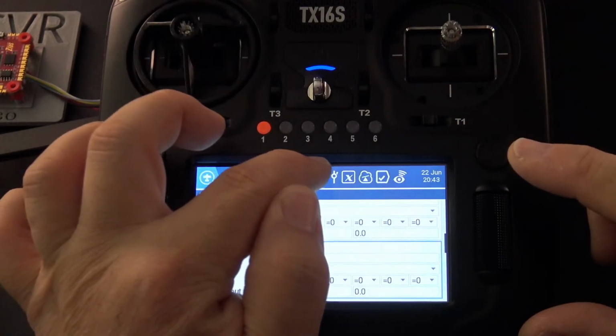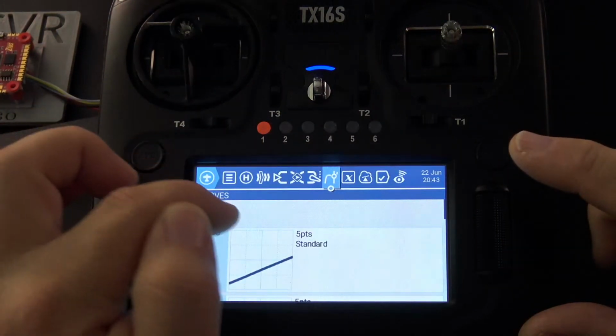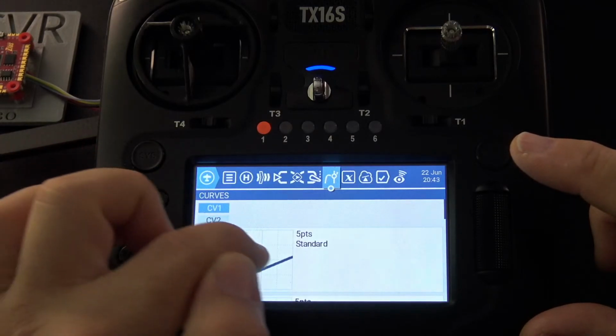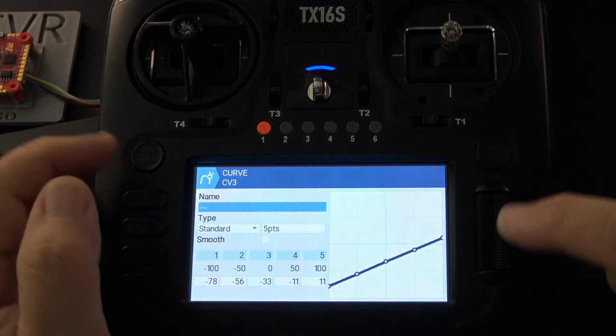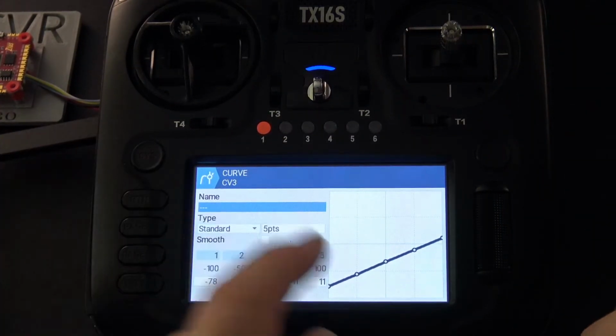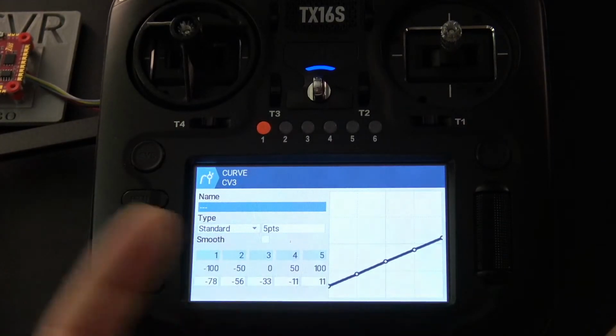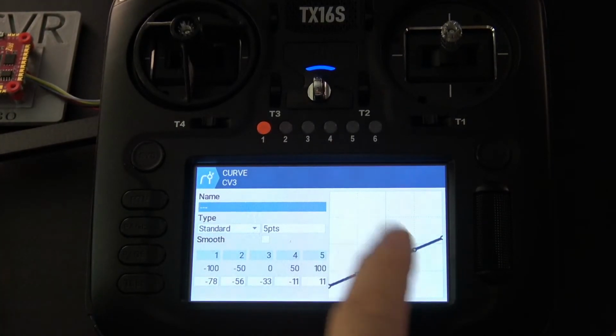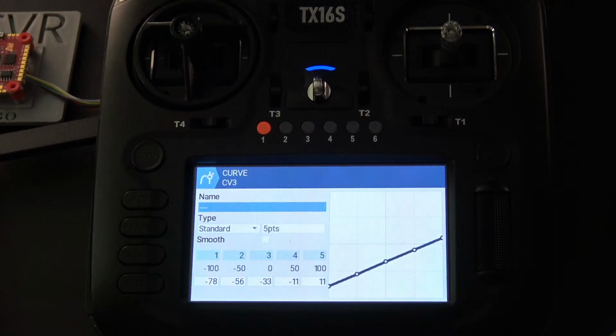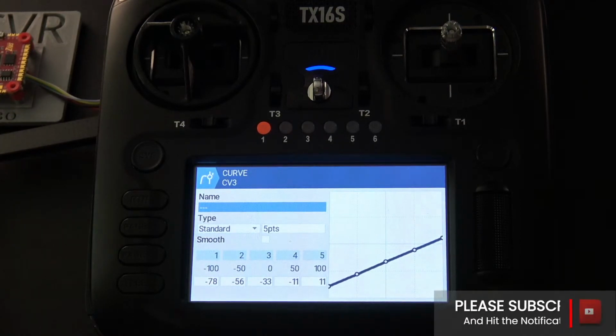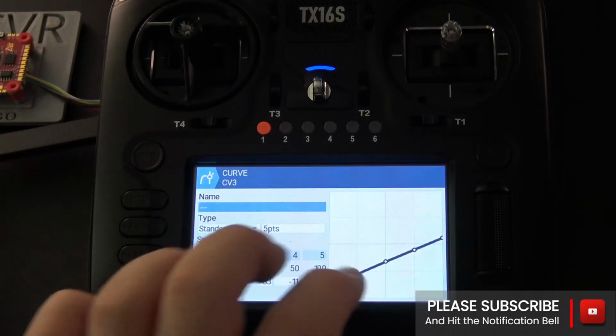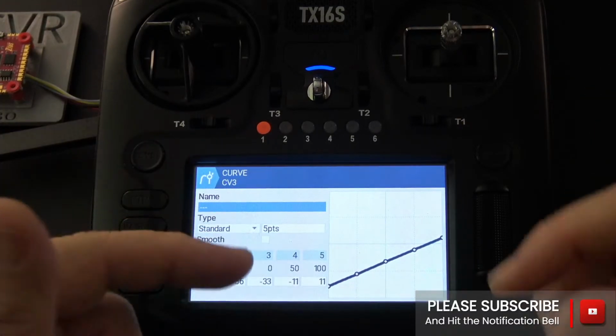Curves. I want to talk a little bit about curves. I actually mentioned this in my first video, and I said it would be really nice. When I looked at this, the first thing I did was I put my finger there and I wanted to drag. That's the first thing that I wanted to do. And whether or not they had planned it or they looked at what I did on my video and said, oh, that's a great idea, I don't know, but they said they're going to look at it.